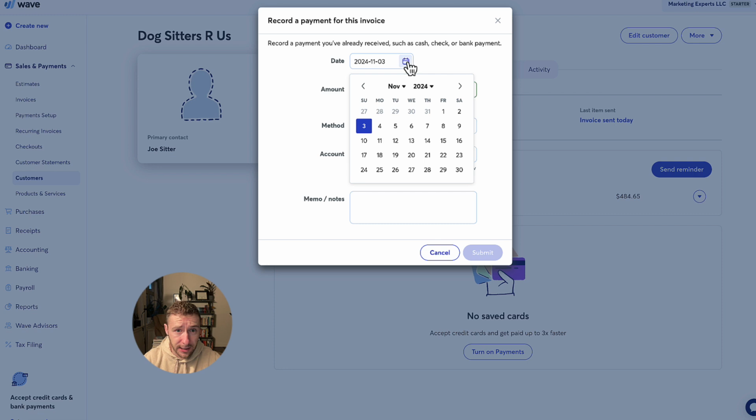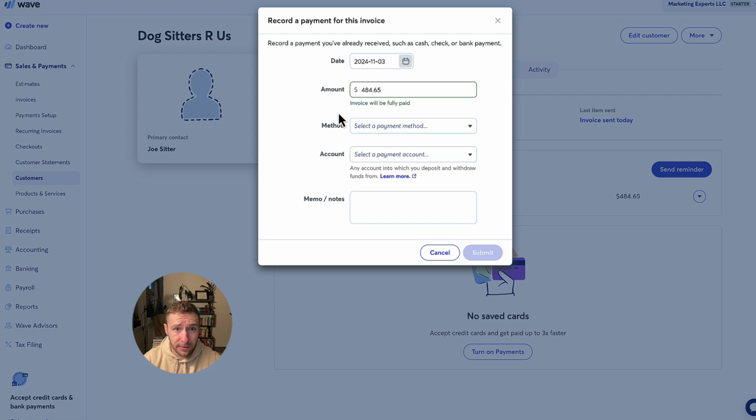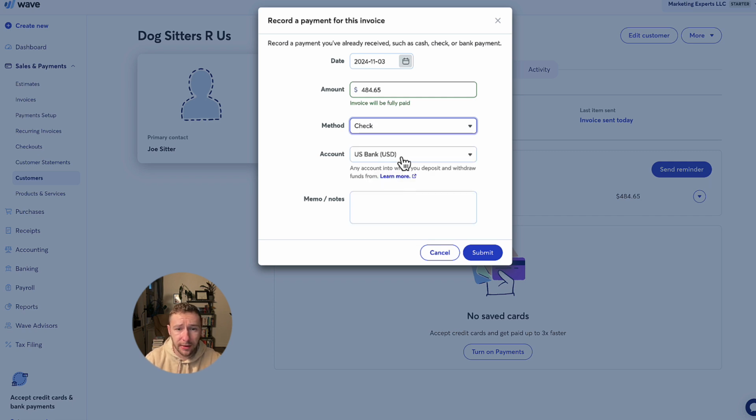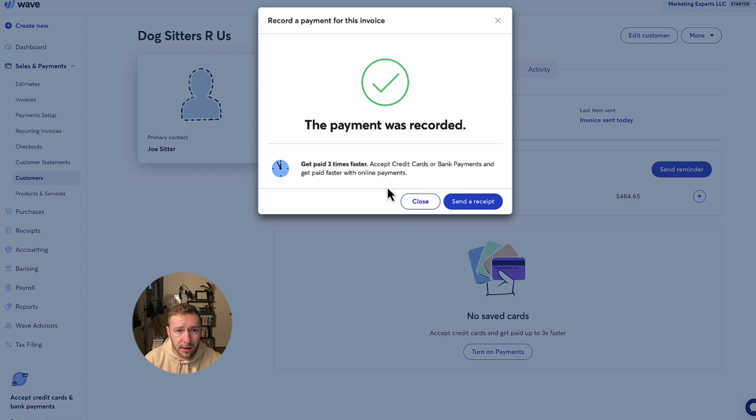You'll put the day that you received it. You'll have the amount, which will automatically be imported from the invoice. You select the method. It could be cash, credit card. You know what? Let's say he paid by check and it went right to your bank. We'll record that. And it gives you the option to send a receipt if you'd like,